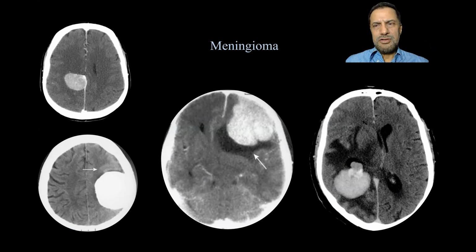Now, coming to some of the common brain tumors that you can identify by a CT scan. These are all enhanced CT scans of meningioma. There's a homogeneously enhancing mass, which is attached on the falx here. And then a little bit of dural tail is there. Dural tail is a part of the tumor. And on the convexity again,